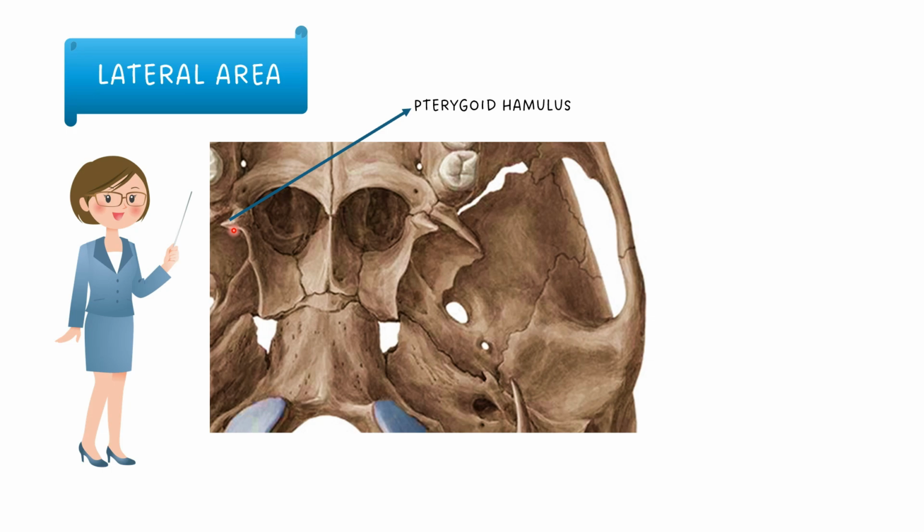A hook-like process at its lower end is called the pterygoid hamulus. The tendon of tensor palati winds around this process. The superior constrictor and pterygomandibular raphe are also attached to it. An angular process projecting from the middle of this margin is called the processus tubarius. This posterior border above this process is called the notch of the auditory tube. This processus tubarius as well as the notch supports the medial end of the auditory tube.